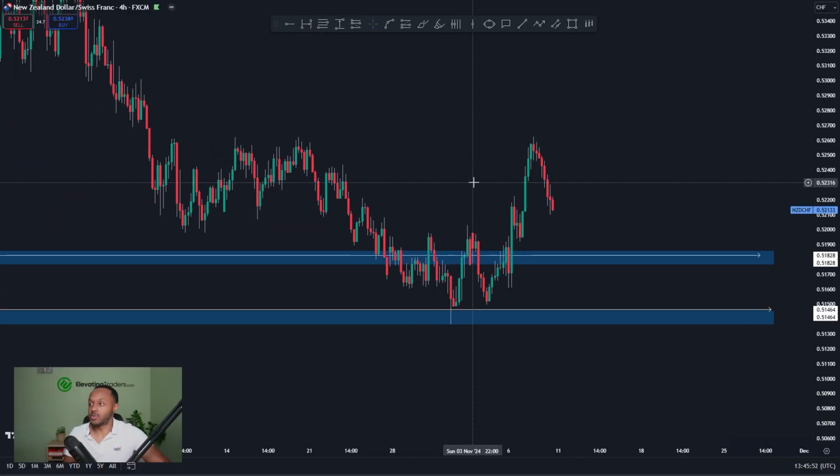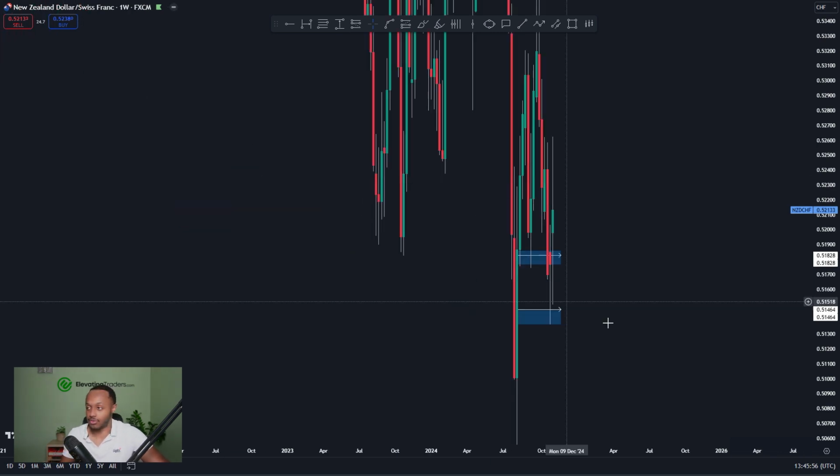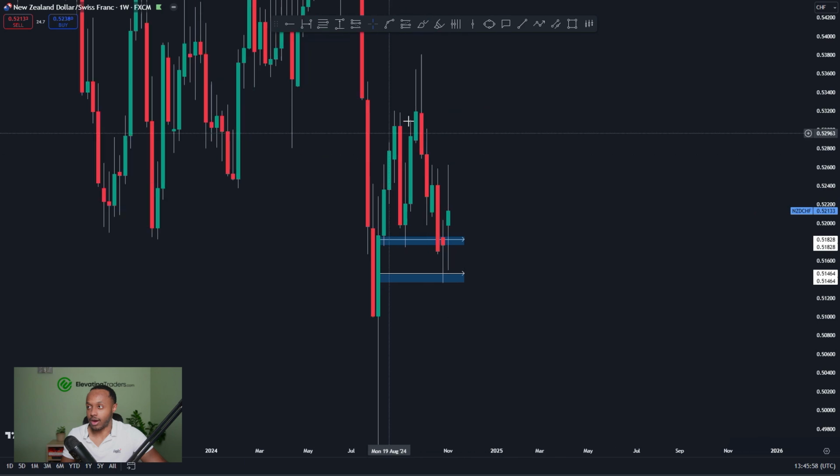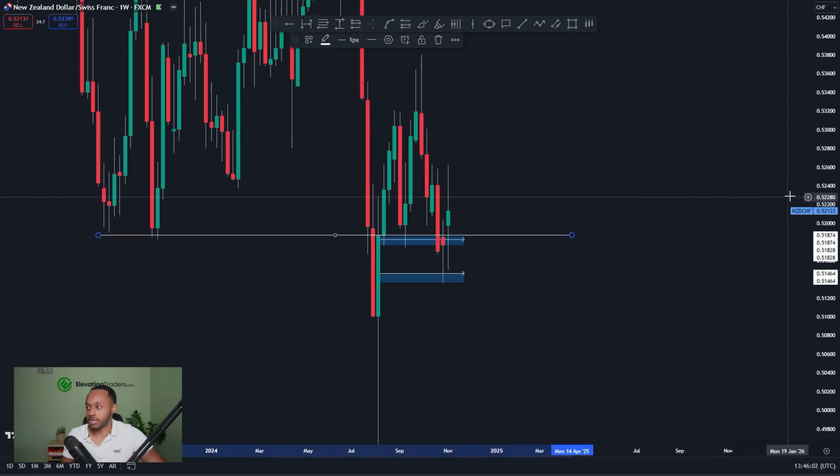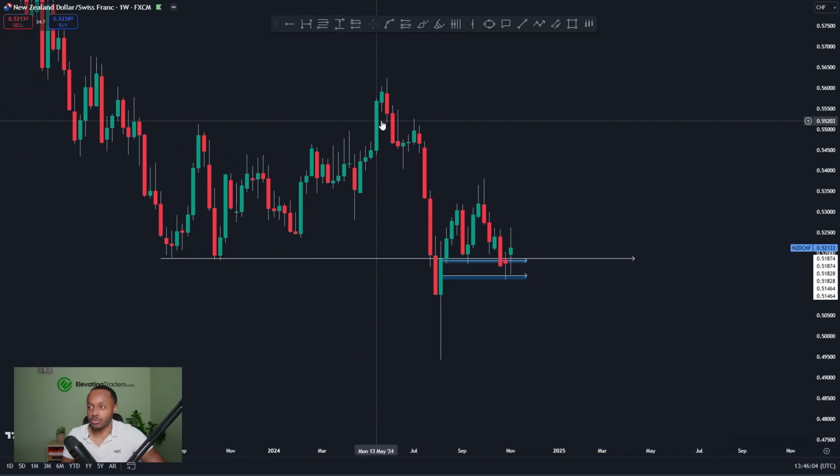Okay, so over to the bonus pair for this week. It is New Zealand CHF. So I'm actually really liking the buys here with this one because it does look like price has had a failed attempt to try and break through the lows here. This has been a very pivotal level of support, big move to the upside, crashing move straight through. And it looks like price is just about holding that area as support again and looking for a big move